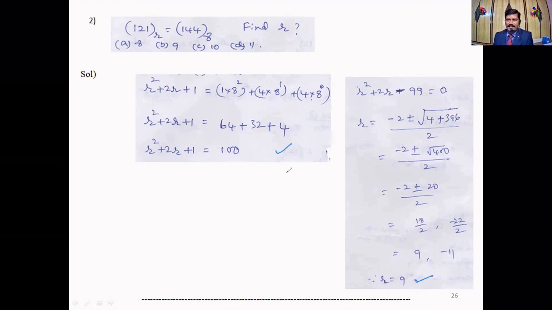So in this lecture, we discussed all about the binary system. In the next lecture, we're going to discuss complements: binary complements, ones and twos complements, and for decimal numbers,